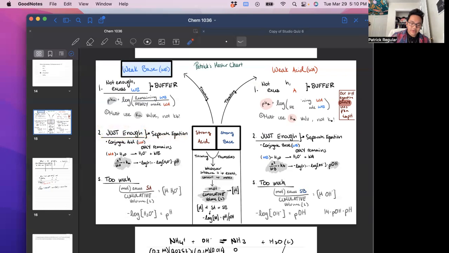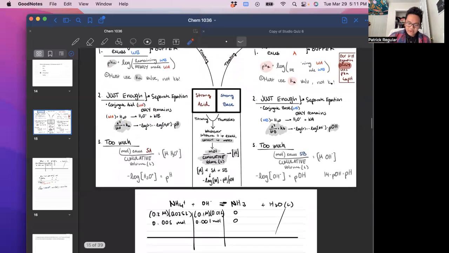And in your separate equation, what's left is conjugate acid. That's the only thing that remains. So your conjugate acid will be right here. You just do a separate equation, conjugate acid reacting with H2O, and you'll get H3O+ and whatever weak base you regenerated. However, remember, if your conjugate acid is a weak acid, it's not going to dissociate that much. So your ratio of product to reactant is going to be very small. So if we go back down here,